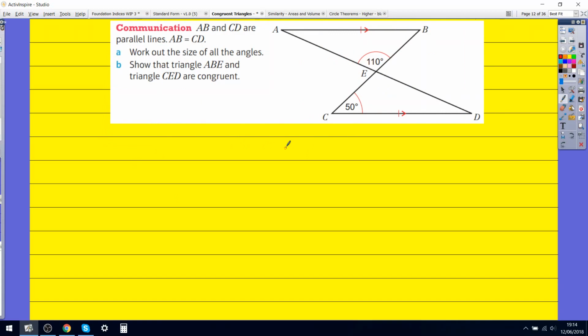Okay, find the size of the angles in each triangle. So what are all the missing angles? So put that one there. Right. So if we know that